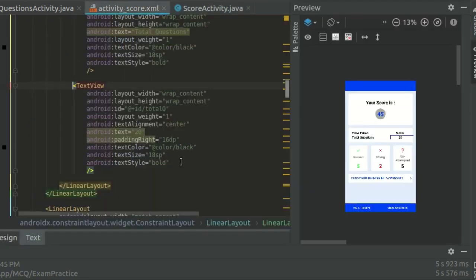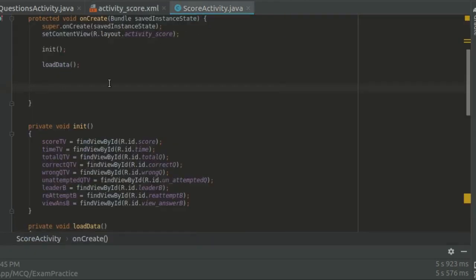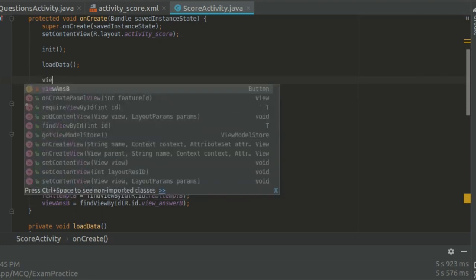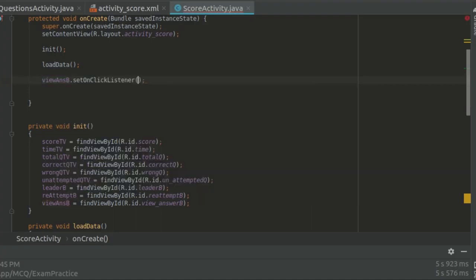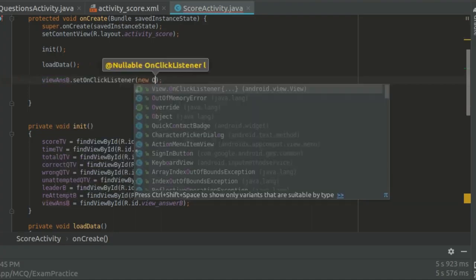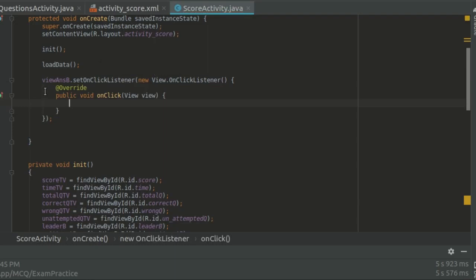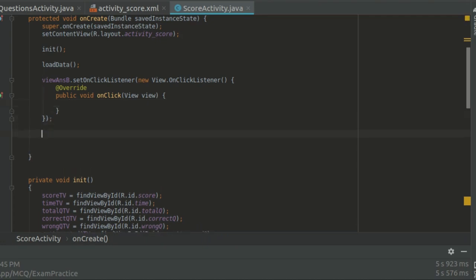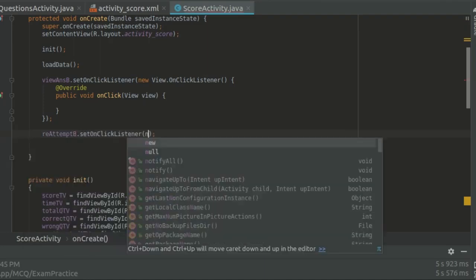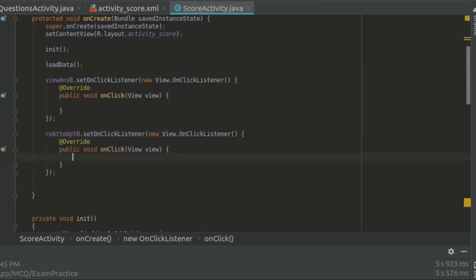We have 3 buttons. One is the leaderboard, so we will leave the leaderboard button as of now. When we complete the leaderboard functionality in our app, then we will do it. So except the leaderboard, we have 2 more buttons. One is the view answer button.setOnClickListener, new OnClickListener. Here we also don't have a view answer activity, so we'll create it later, so leave it also. Then we have the reattempt button.setOnClickListener, new OnClickListener, and from here we have to